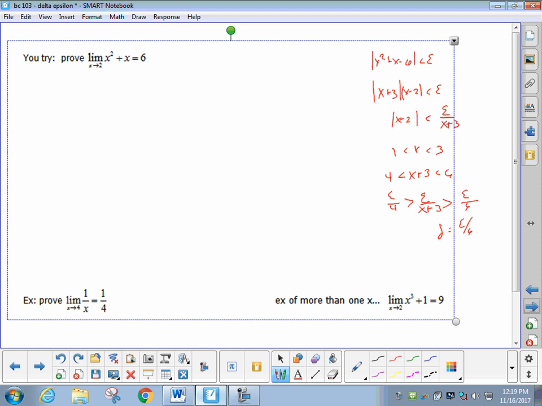How do I know which one? When I was in your shoes, the hardest part was how do I know which one to choose? The good thing is you're not going to know way down the line. You can know pretty quickly if your proof is going to hang with the choice. Do you get to the stage where you're saying epsilon over x plus 3 is framed or enclosed by epsilon over 4 and epsilon over 6? Okay. So then your choice,